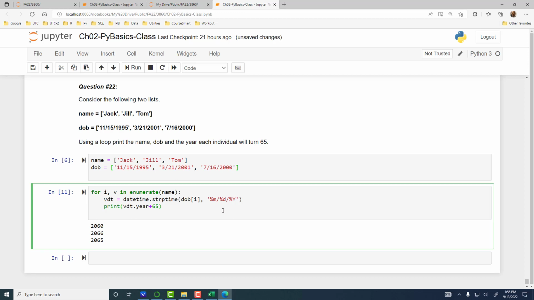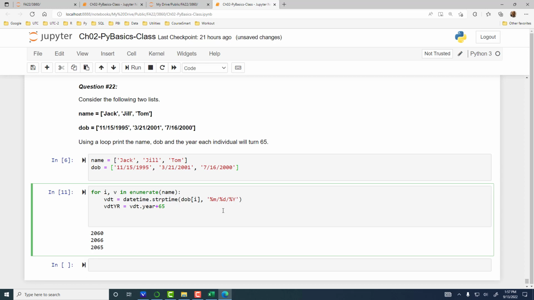So we need to put this year in a variable and then do an F-string printing. So print